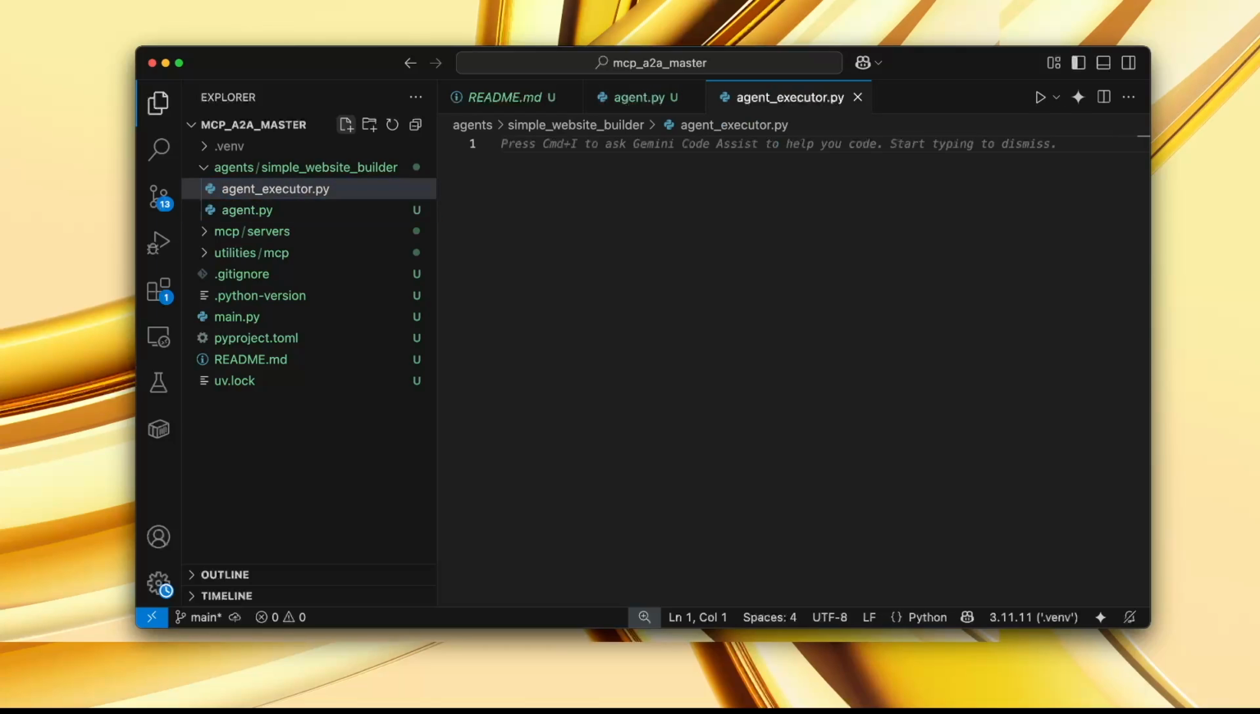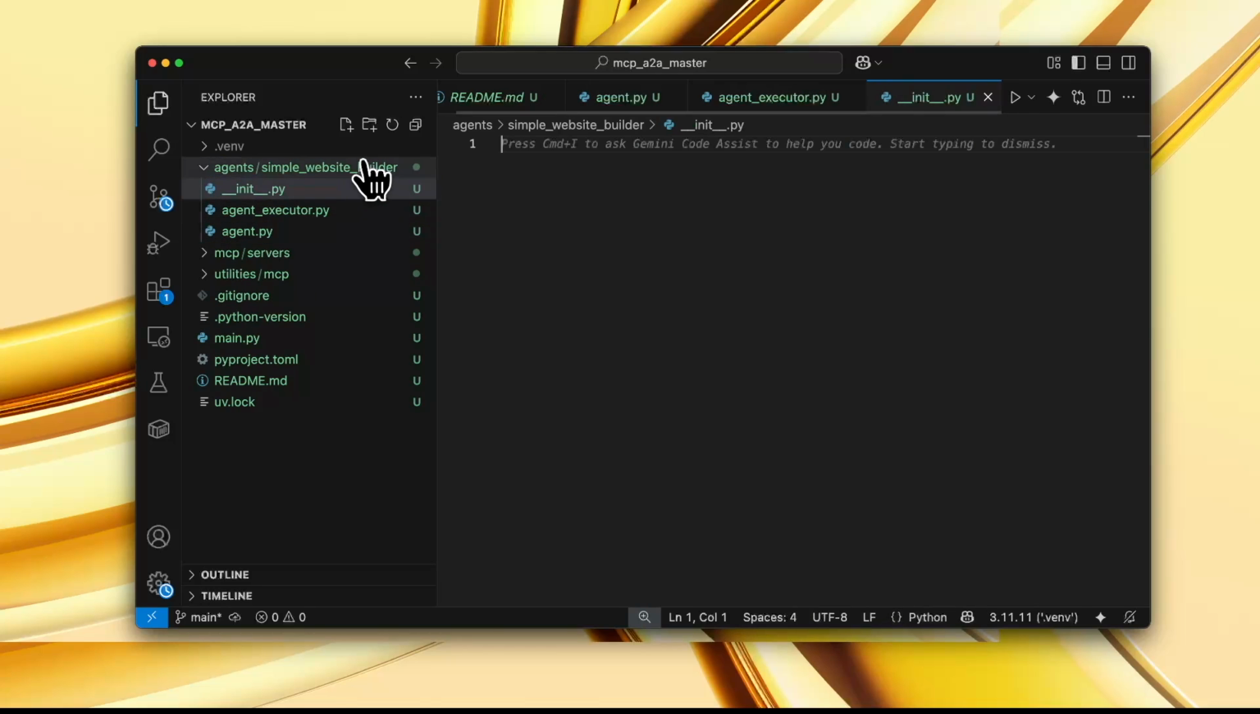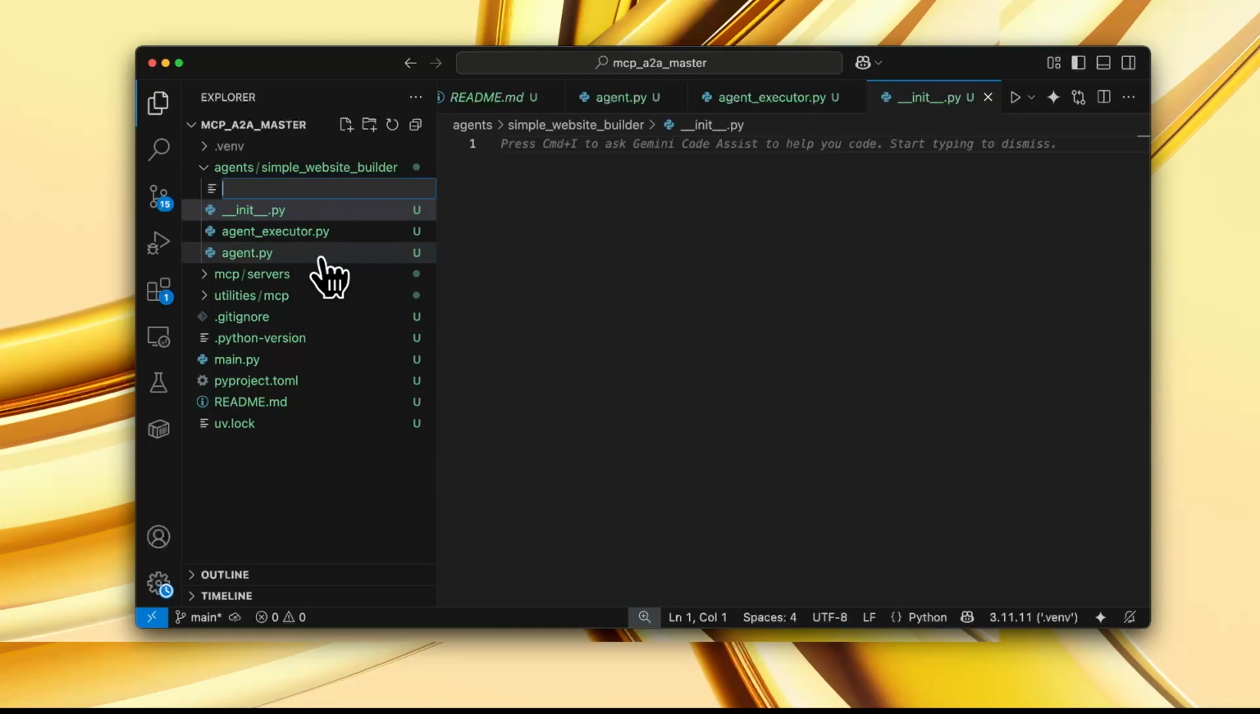So it is going to define two functions called execute and cancel that will help us connect this particular agent to the A2A framework. Next, we are going to create 2 more files, which are going to be the init.py file for marking it as a module, and then we are going to have the main.py file. So we can directly head to agent.py, and before we start writing this code, what I'll do is we'll set